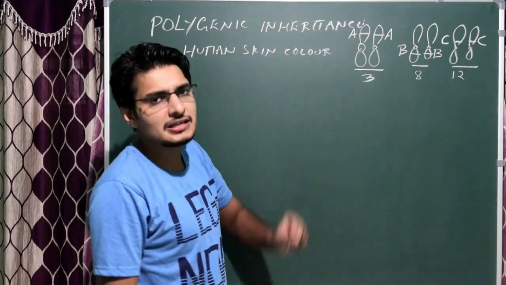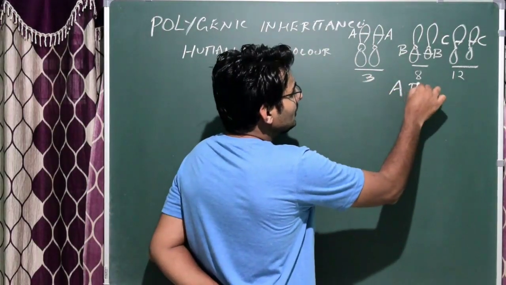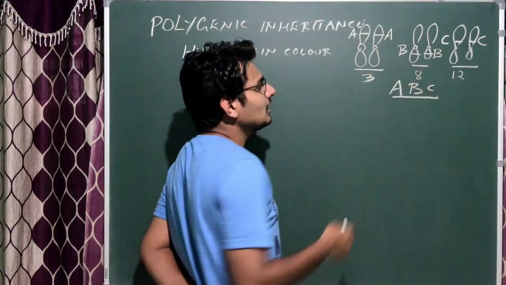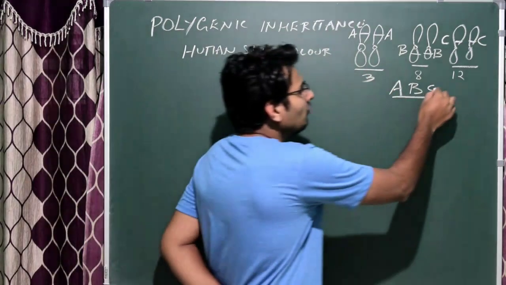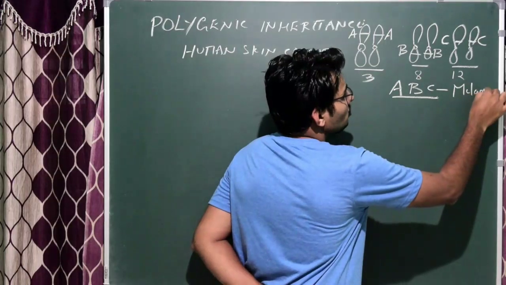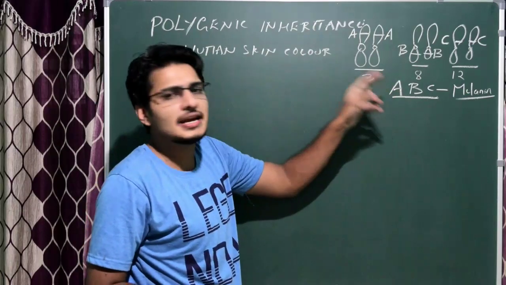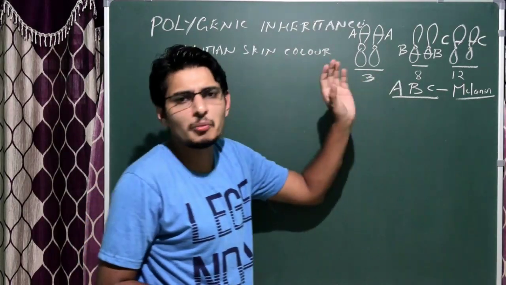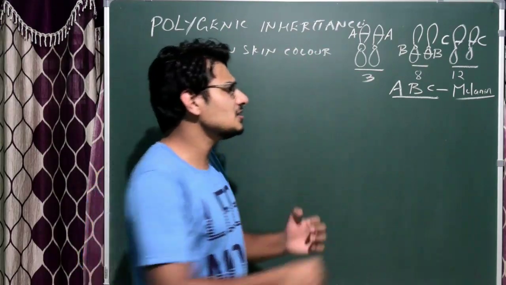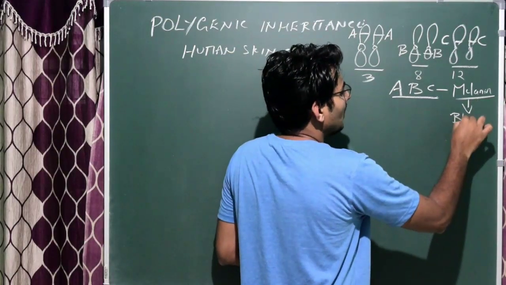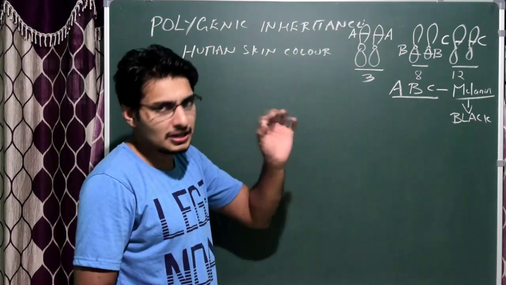Okay, so here how many genes are there? 3 genes are there in a single person. Okay, what are they? A, B, C. We have 3 genes. Obviously, the allelic form AA, BB, CC, we know it. Okay, this particular gene is responsible for the production of melanin. So these genes, I have used capital letter, please understand it. So these are dominant genes. More the dominant genes, obviously, the melanin production actually increases, and as a result, the person becomes very black. The color of that person is black. More the melanin, the color will be more blacker. That's actually the basic thing.